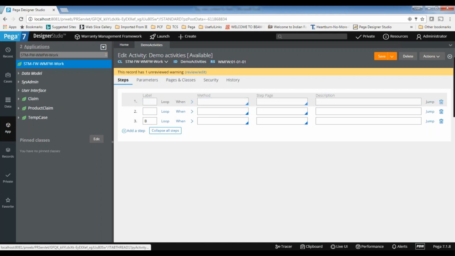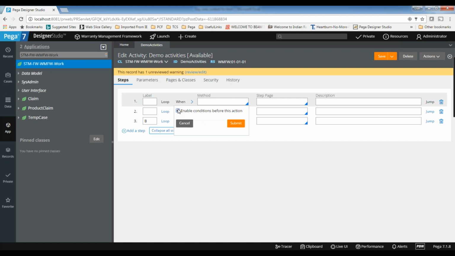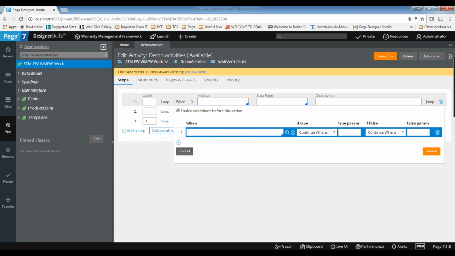You can configure that in such a way that you just enable this one. You have a lot of options here. You can write the when rule here, or else you can also write your own expression. Let's say if ID equals something like 1, 2, 3, some expression I am writing.